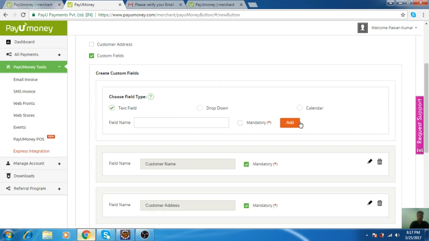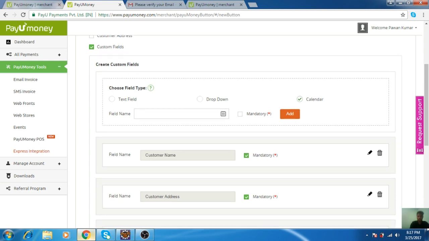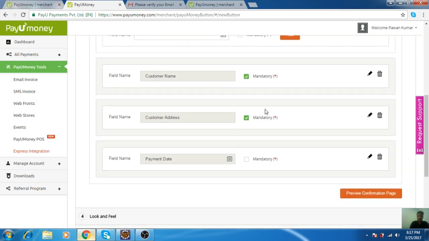And now the last field is payment date, which is a calendar. These are the 3 fields: customer name, customer address and payment date.